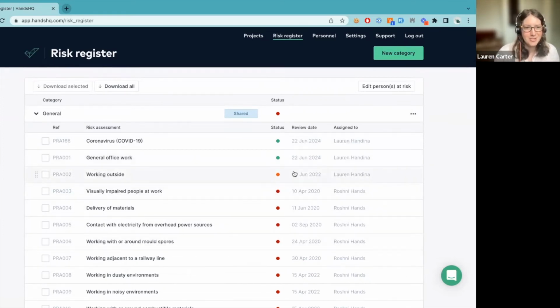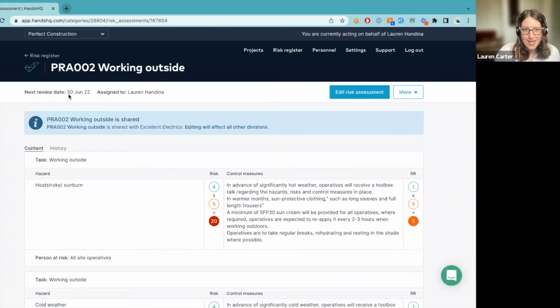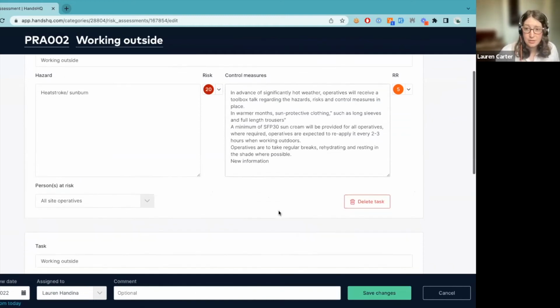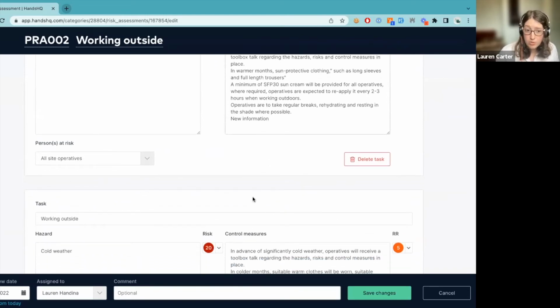But if we were to jump in to working outside, we can see when the next review date is and who it's assigned to. I would receive an email as well, letting me know that it needs to be reviewed. We can then jump into edit risk assessment. And if we were to add some control measures, some new information in here, perhaps change our risk ratings, even add a completely new task to this risk assessment, we could review that. We can set the next review date. So if I make it 2 years from today, I can assign it to Mr. Blobby, and I can give a comment saying added control measures